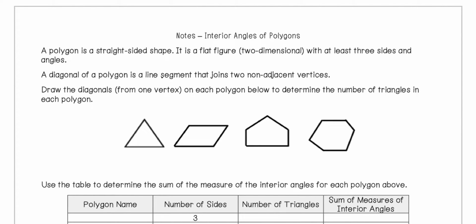A diagonal in a polygon is a line segment that joins two of the non-adjacent vertices. So remember that a vertex is one of those points on the side of the shapes that connects the sides, and the non-adjacent vertices are the ones that are not touching each other already or right next to each other. So in a triangle, you have those three. Those are all adjacent because when I go to connect them, they have to touch one of the other ones